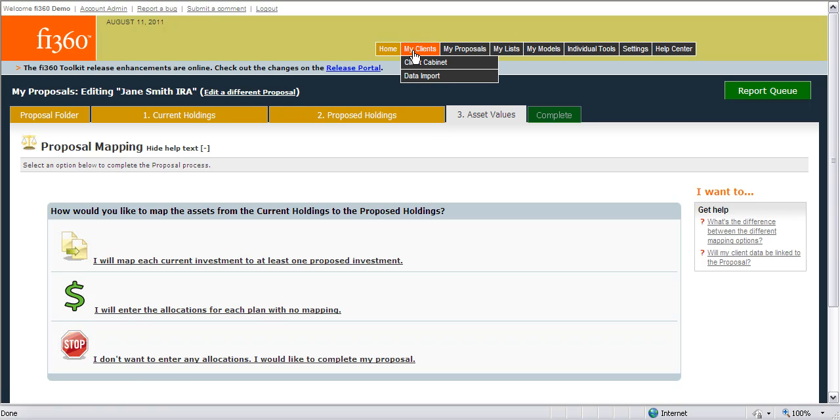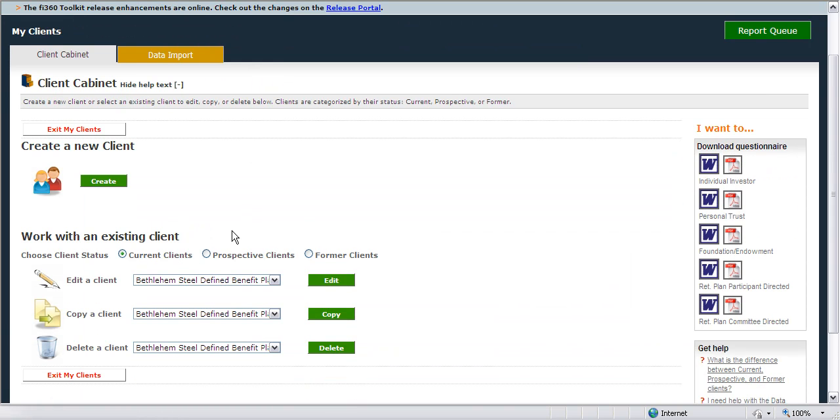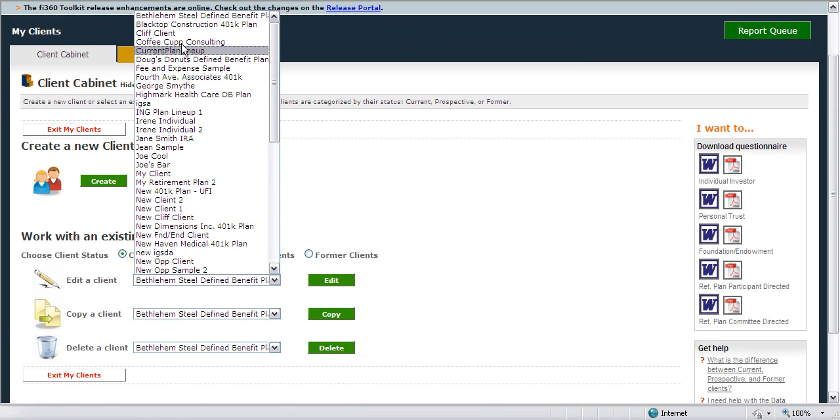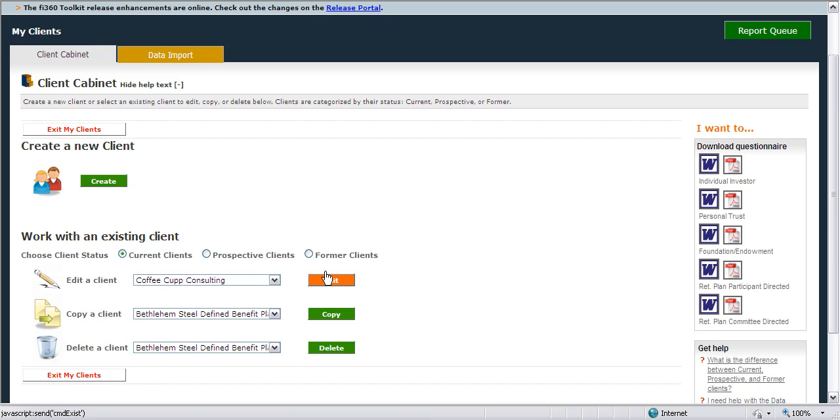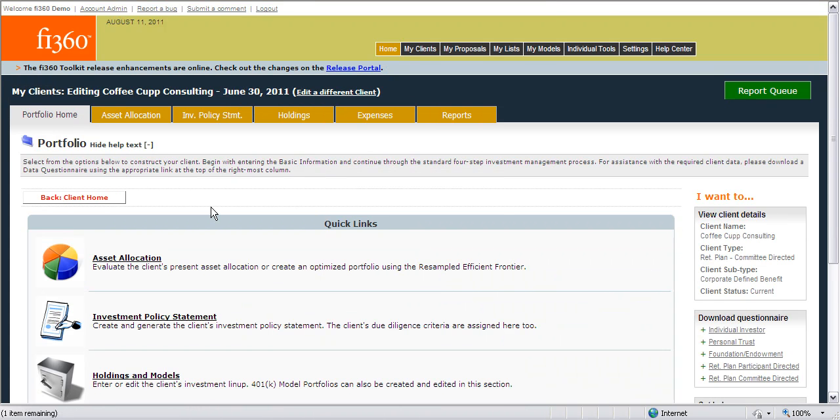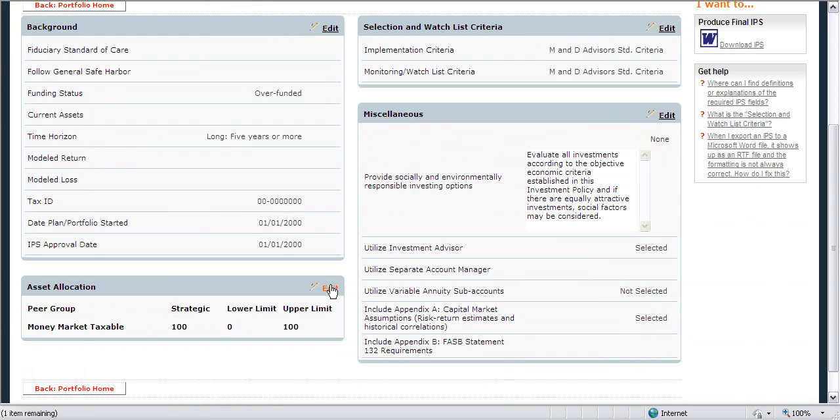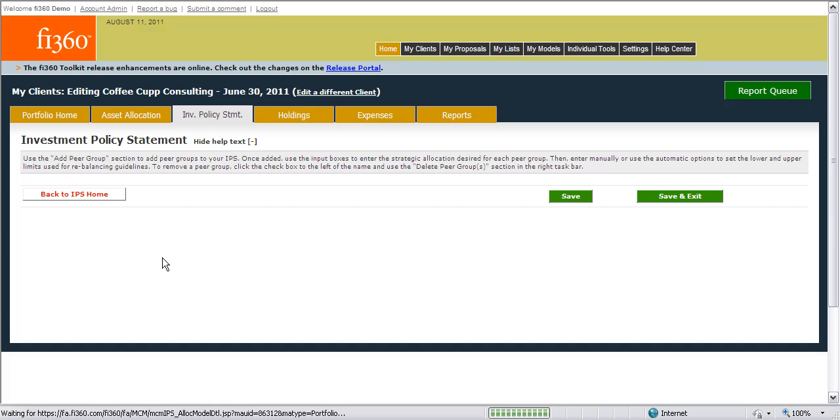The next example we can look at is listed in the My Client section. I'm going to pull up a client listed here, and this could be a defined benefit plan, an individual investor. Either of these examples will work. But as I go into this client, I'm going to jump into the investment policy statement section, where I need to define a strategic allocation for my client. I have one listed here already that's simply 100% money market taxable,